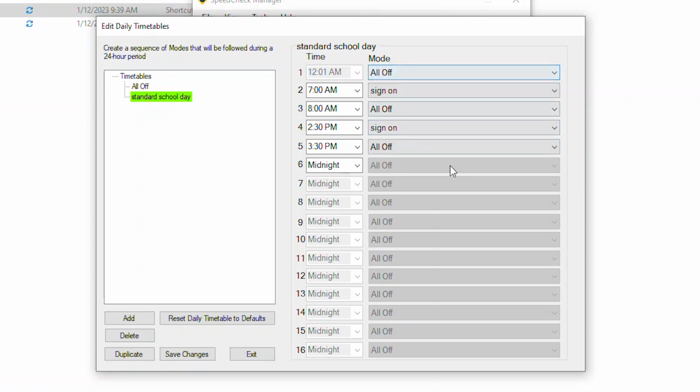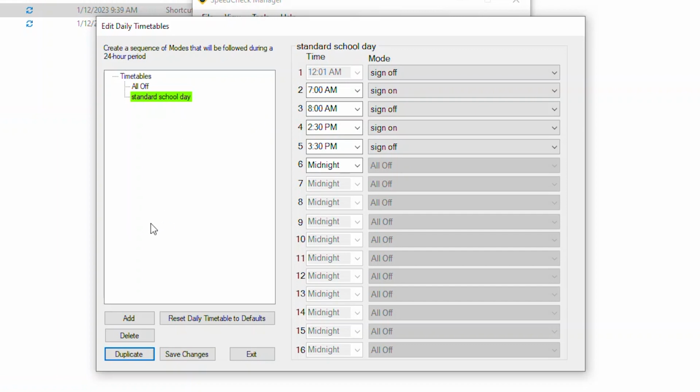This is what it would look like if you're not collecting data when the school sign is off. If you want to be collecting traffic data all the time, you would have to choose your school sign off that you made in the last step. So you'd have to go back through and change all of these. And so with this setup, it turns to school sign off, which we had as collecting data, and it'll run that until midnight. And so for 1 minute, you won't be collecting traffic data. But then you would save your changes.